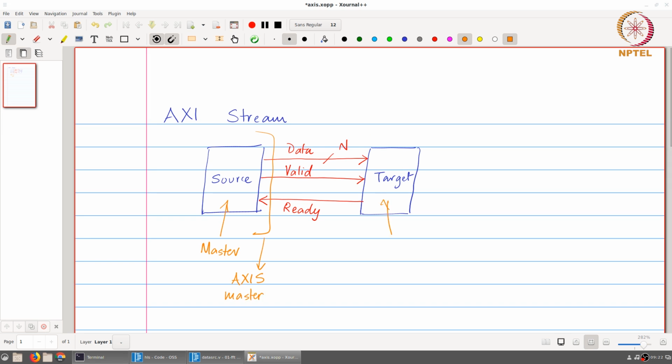Similarly, the target over here is the slave, and this side of the interface is the Axis slave interface. Now, as you will notice, these interfaces are slightly asymmetric because the master is the one that gives out data as well as the valid signal, and the slave is the one that gives out a ready signal and accepts data and valid.